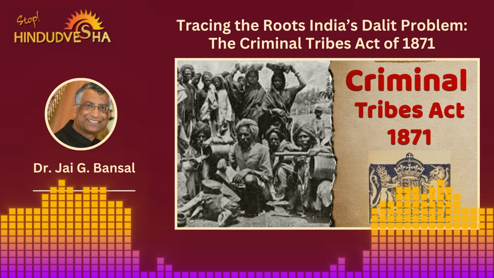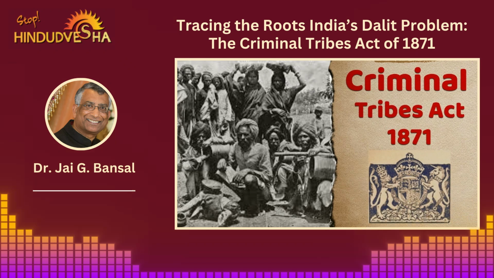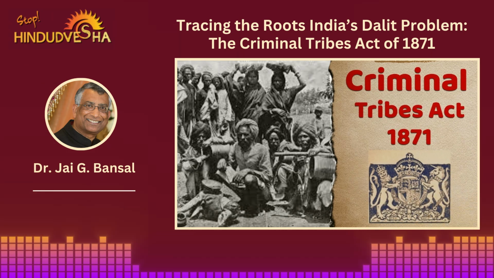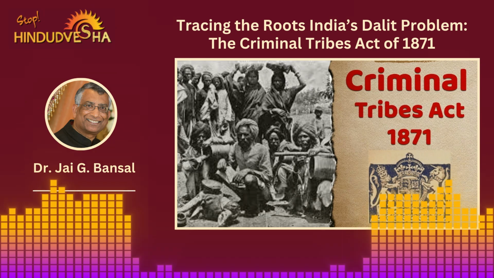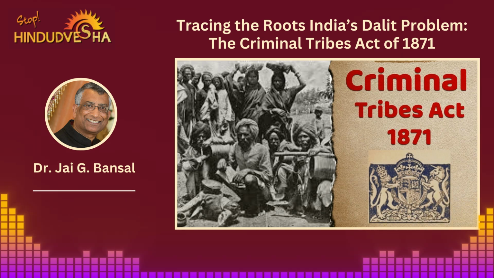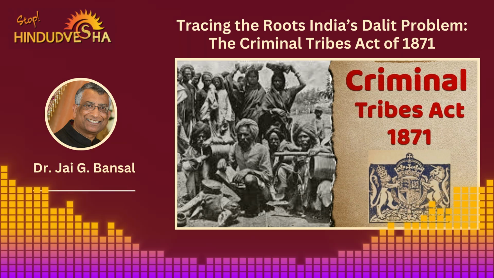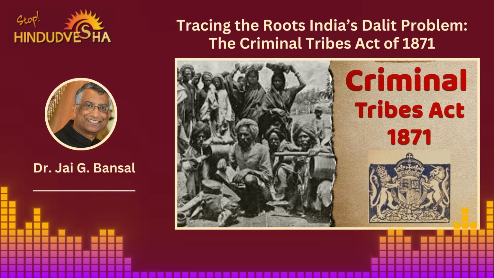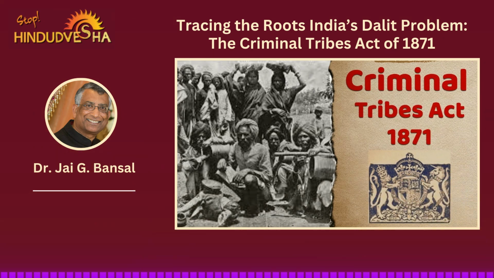Origins of the Act. The Criminal Tribes Act originated as a response to the aftermath of the 1857 revolt, where many tribal chiefs were labeled traitors and rebellious. The British colonial government, facing challenges in managing diverse groups like wandering criminal tribes, vagrants, itinerants, and eunuchs, grouped them as a law and order problem. These tribes, living on society's fringes, were perceived as a menace to 19th century societal standards, leading to the need